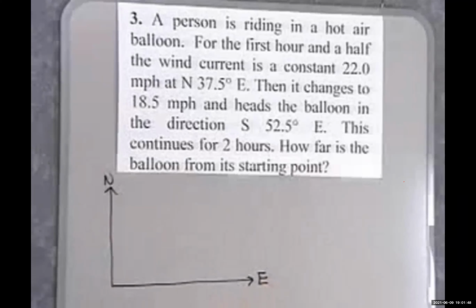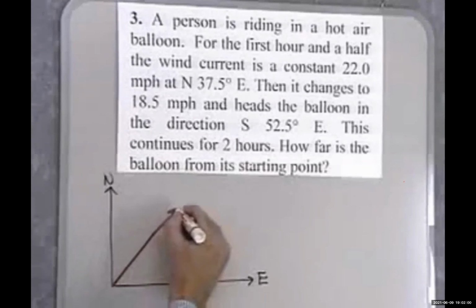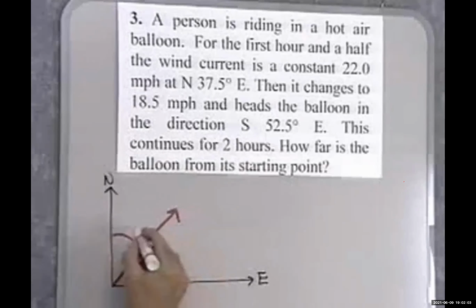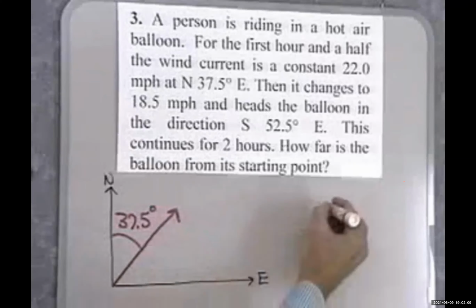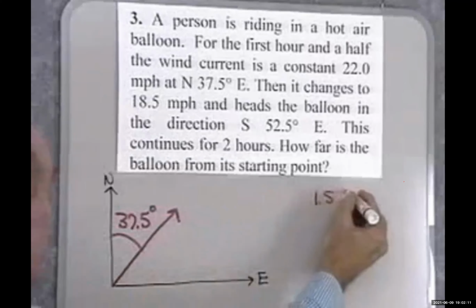And the balloon heads in the direction north 37.5 degrees east. And it travels at 22 miles per hour for an hour and a half. So I'm going to draw in a vector here, where this angle right here is 37.5 degrees. Now, to see how long this vector is going to be, I'm going to take 1.5 and multiply